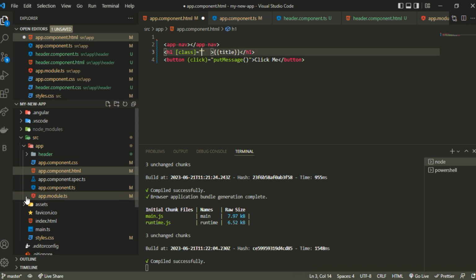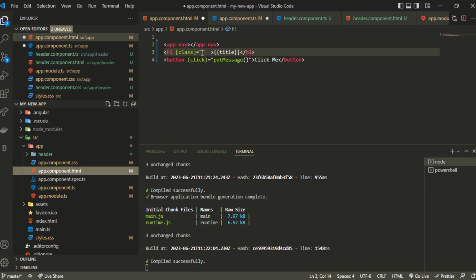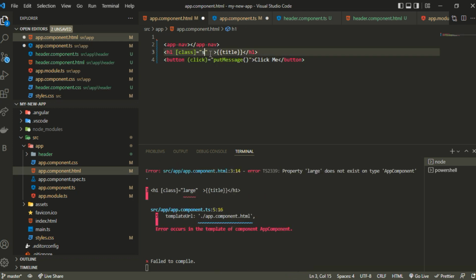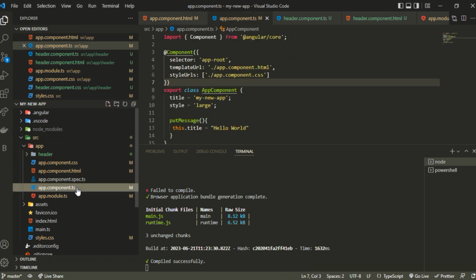So I can create a separate property for that. Let's say I have a property of style, and I can add a red here. It was large, right? So let it be initially large, and I'll be assigning class to large. Oh sorry, it is style, so it is not large. Let me save it here as well. So it's working properly. So style is the property that we created inside this component.typescript file,